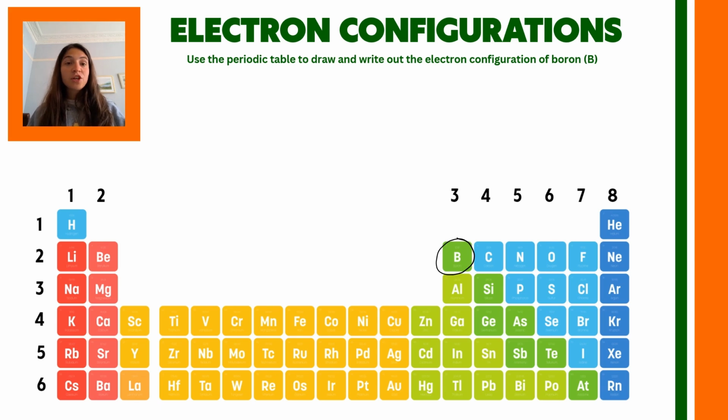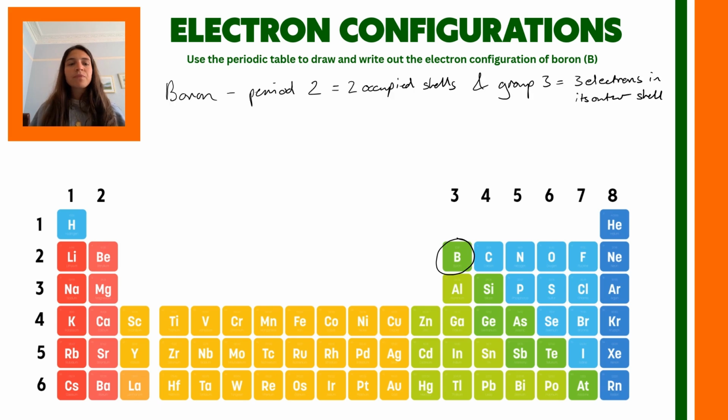Okay, and now how do we actually use this periodic table to help us do something? So for example, how can I use it to help me find the electron configuration of boron? So first I need to find boron in my periodic table, and there it is circled for me. And then I can notice its position in my periodic table. So it is period 2, or remember that means row 2, and that means that there are 2 of its shells occupied. And the next thing to know is what group it's in, and it is in group 3,